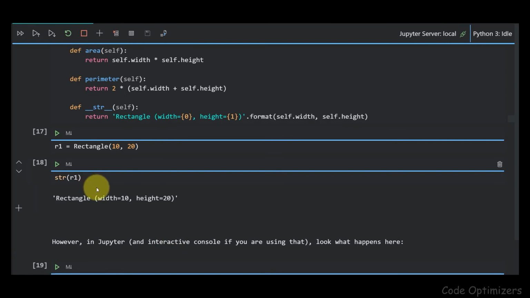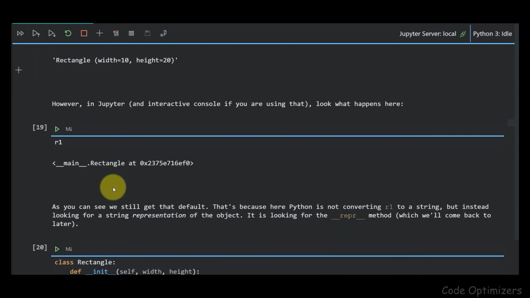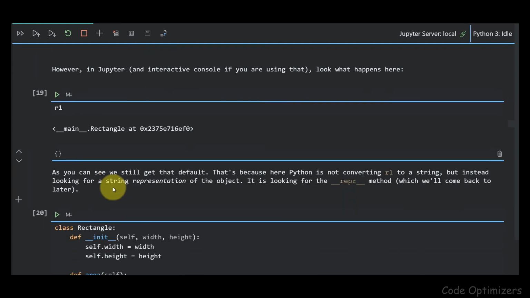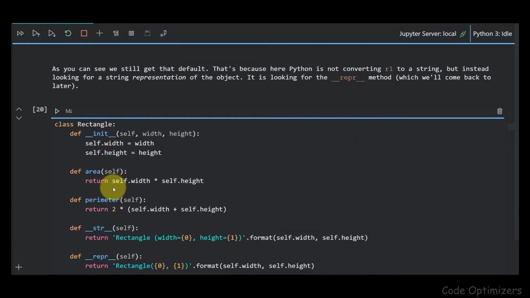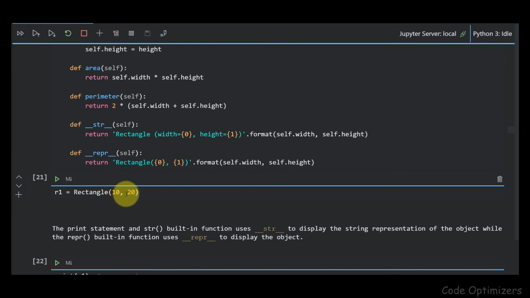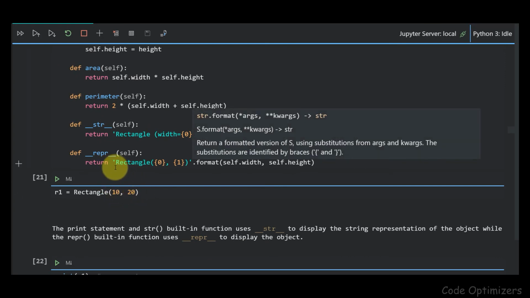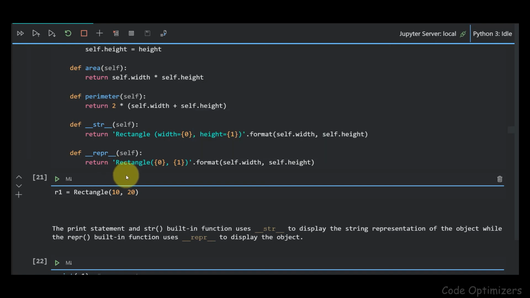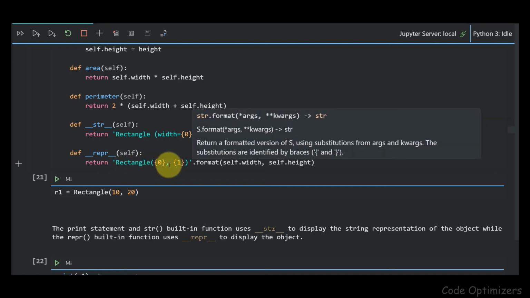Now we can also have a string representation of the object, and it is done by the dunder repr method. So we also need to define the repr method, and it returns the required string value.